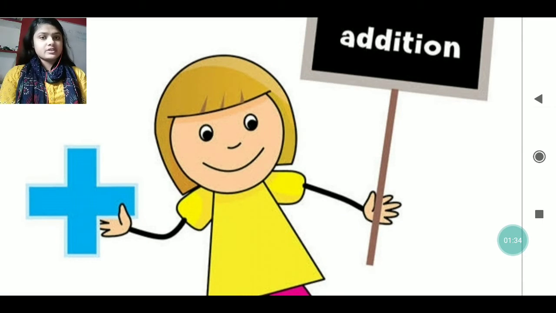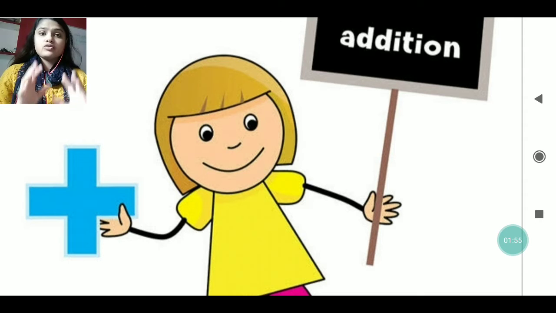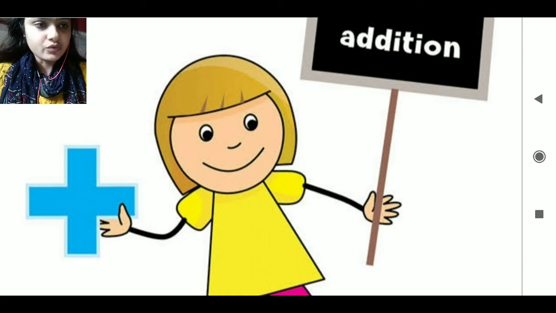First, my dear, we are going to discuss addition. Do you know the meaning of addition? Addition means adding two or more numbers together. Okay, two or more numbers. Why am I saying this? Because it's not only that you can add 2 plus 2. You can add 2 plus 3 plus 4 plus 5 plus 6, like this, so many numbers together. When we add the numbers together, we get the total, the sum of those numbers. That is what addition is. The sign we give for addition is the plus sign. What is it called? Plus sign. When doing addition, we use this sign. Let's move on.